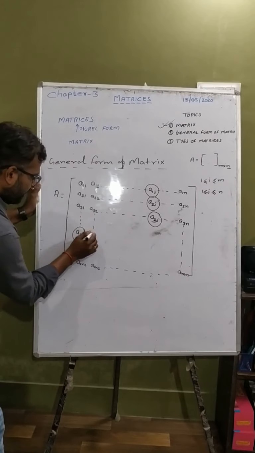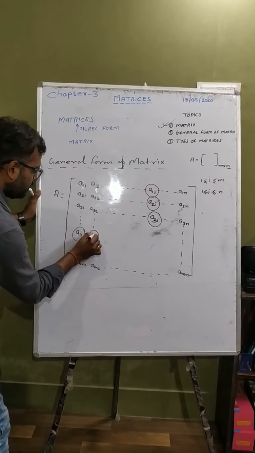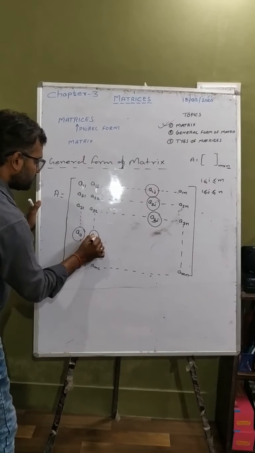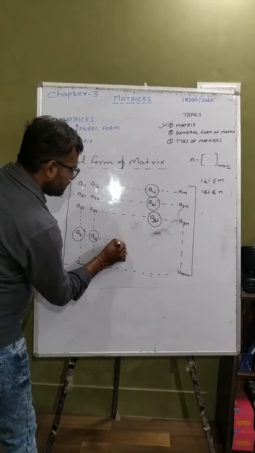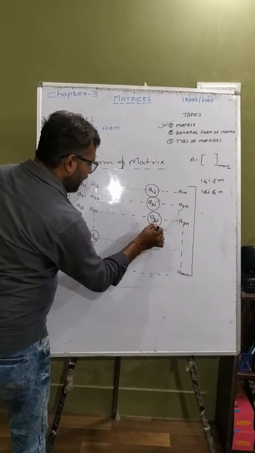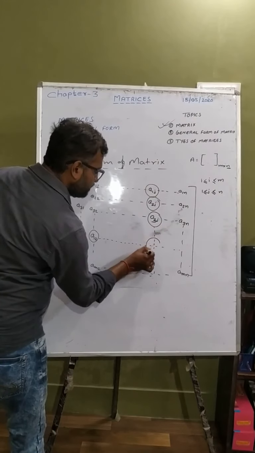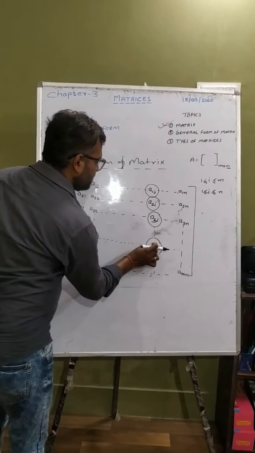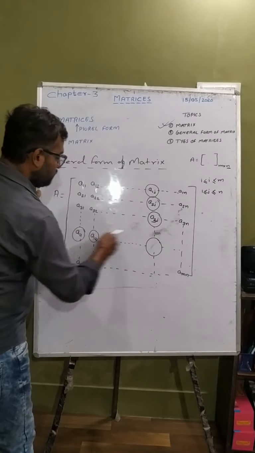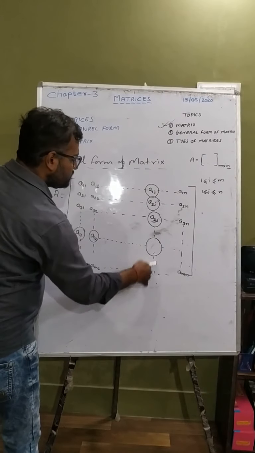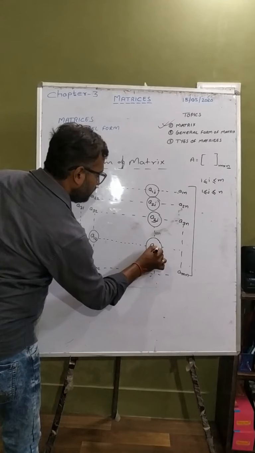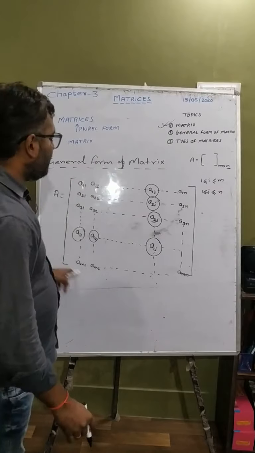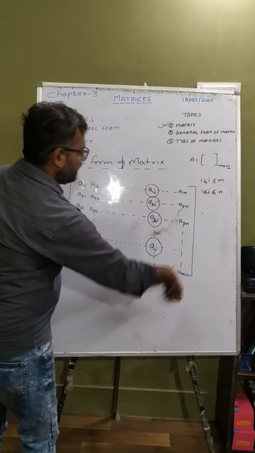If you write the element at this position, what is the position there? Which row is this one? Ith row. And which column is this one? The second column. Similarly, if you move on, what is the position of this element? Which row is this one? Ith row. And which column? Jth column. Then the ith row and the jth column. Getting the point? So now this whole matrix in the general form can be written as